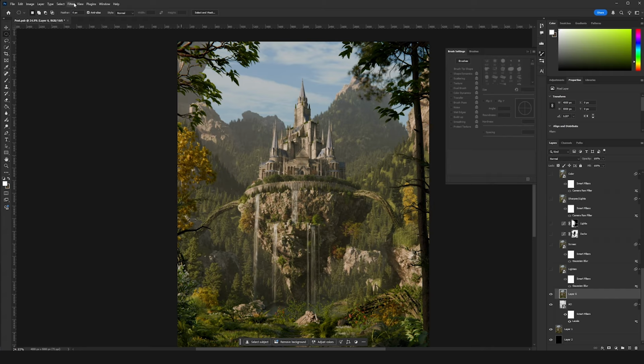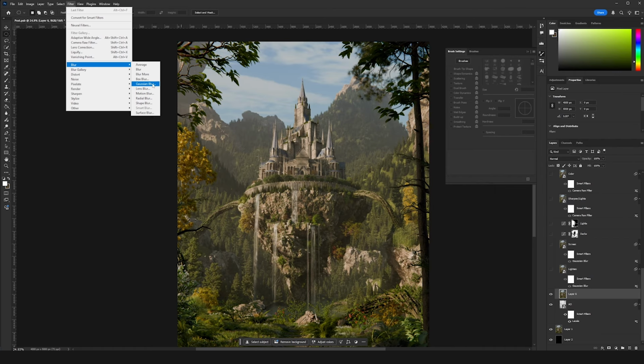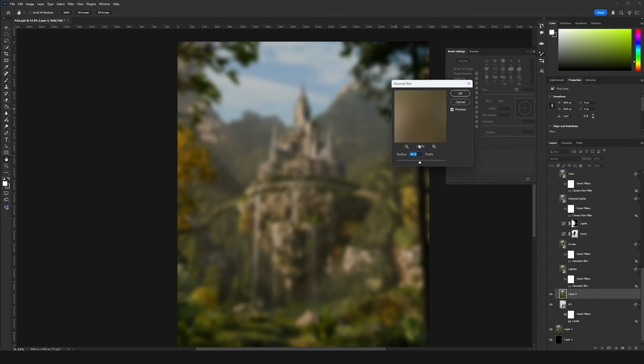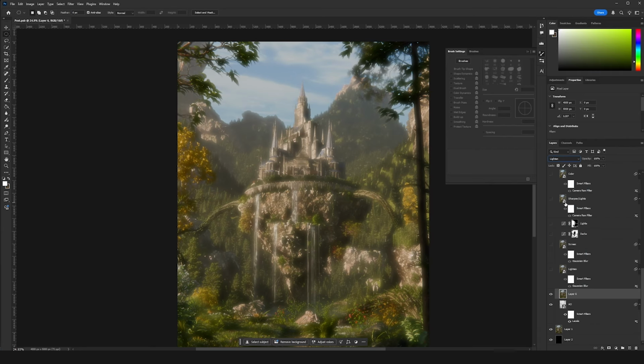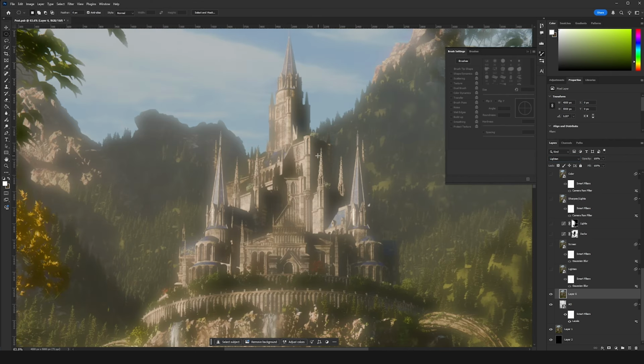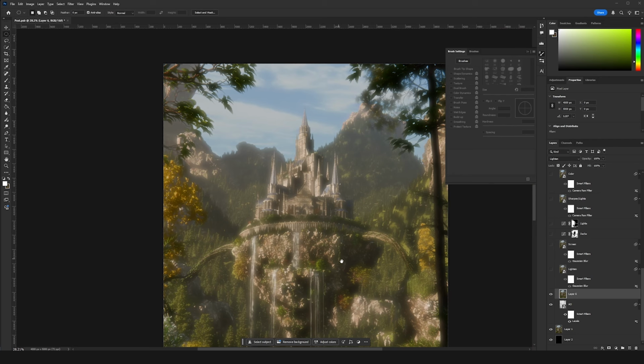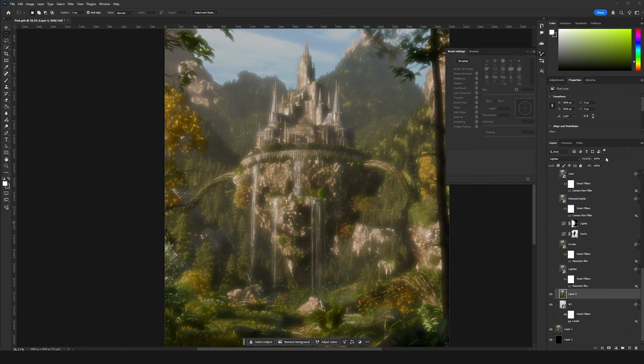Then I can go over to Filter, Blur, Gaussian Blur, and generally I'll blur about this much, around 30 or so, just to get a little bit of a blur. Click OK. Then I can set this to lighten. This right here is this layer, so it's set to lighten. This gives you a kind of dreamy blur effect. Obviously this looks really weird if it's at 100%, which is why I have this set to 10% in the